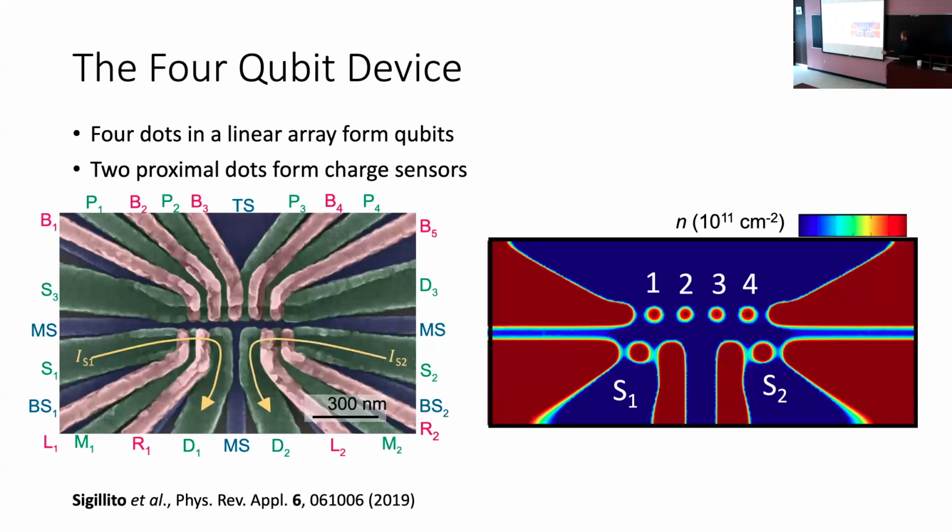So here's basically the stack up of that 4-qubit device. We have an array of quantum dots up top, and we have 2 charge sensors down below. The charge sensors are going to be used, as I'll show you in a minute, to determine the occupation of the array. And we can do a simulation of the potentials and everything just to see that indeed we end up with 4 potential wells up here and then 2 additional quantum dots. So those charge sensors are important,